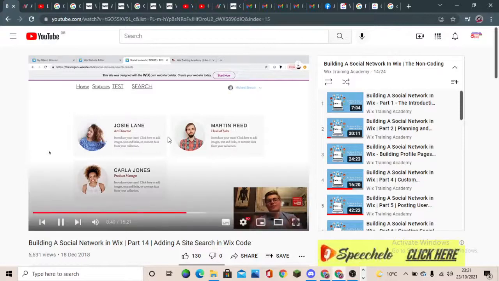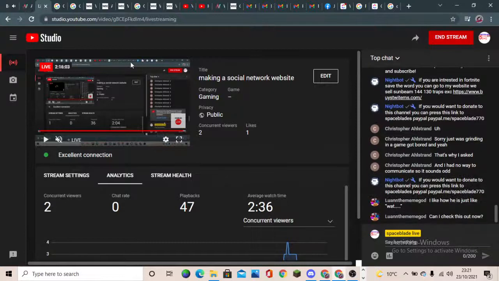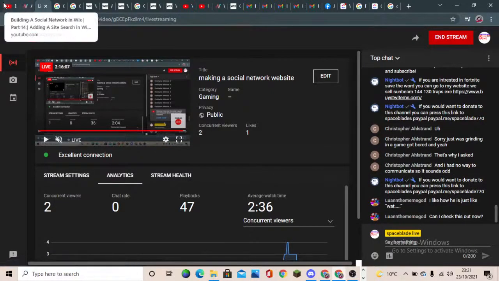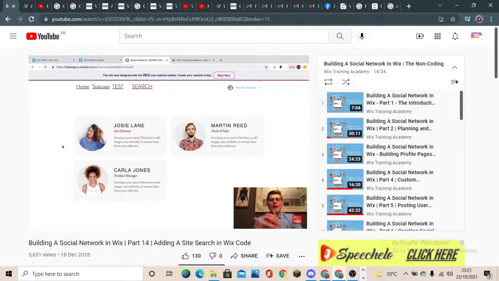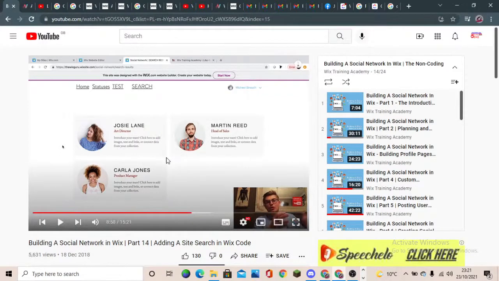So what we have to do is physically add profiles in order to get it to show up here. How many people are watching? We have 2 people watching. Nice. Search results page. So again, what we're doing right now is prepping the search results. We're creating a page that will feed back whatever the user's